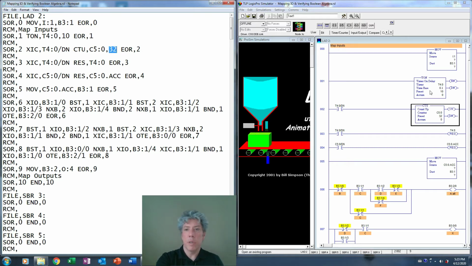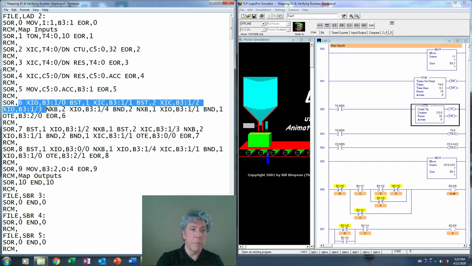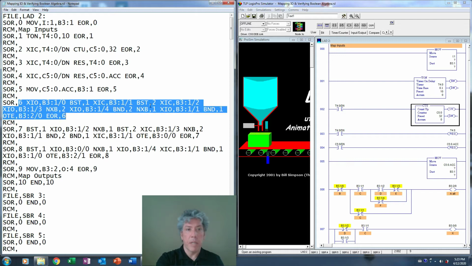The programs always start and the accumulated value is 0. And then our end of rung 2, I suppose, is what this is. So if you look at this line by line, you'll notice that all of this matches. Rung 6, for example, is a little bit longer. I had to break the line in Notepad, of course, but rung 6